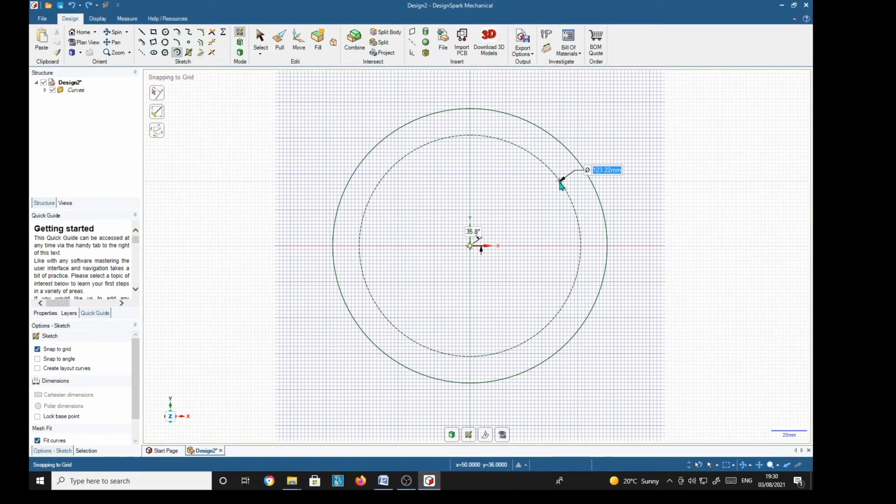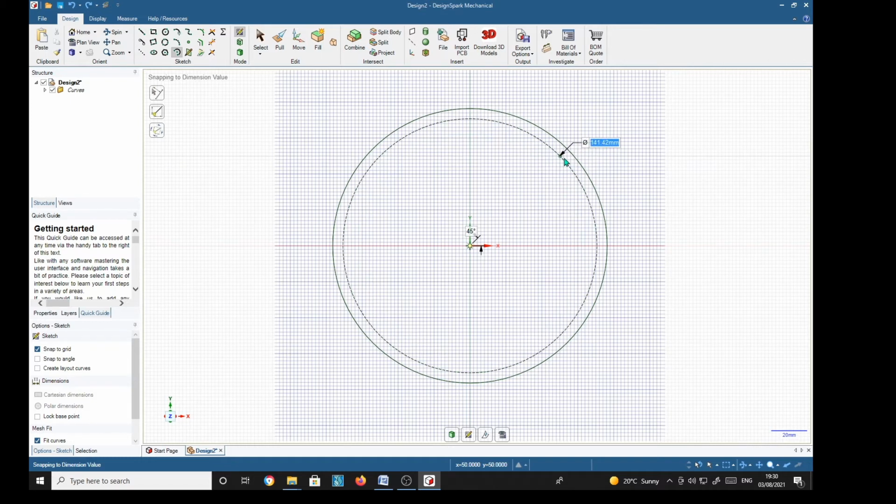So we'll tab to the angle, tab 45, tab to the diameter, move out, click, and now we can drag this round, and 2 45s on it, 90 degrees